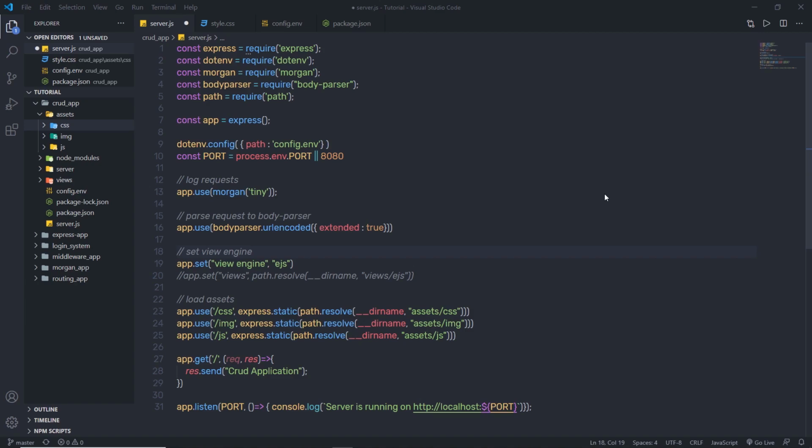Now let's take a look at how to create HTML templates for this CRUD application. As you know, I already set up the view engine EJS for this CRUD application. So let's create .ejs files to create the HTML template. Inside this views folder, I'm going to create a new file, and I'm going to name that file